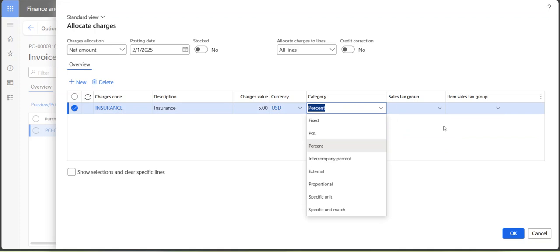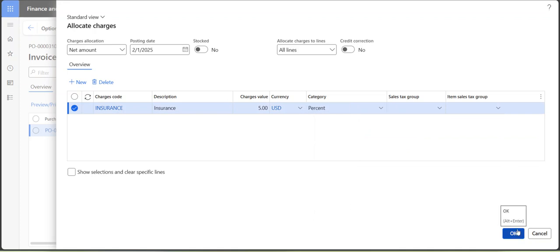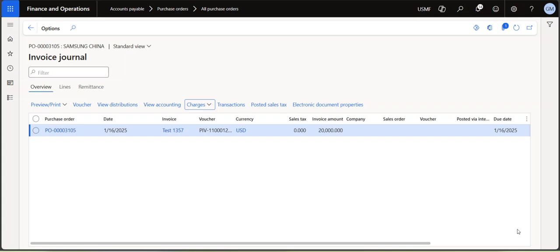Okay, and you will click on OK. So once you have clicked on OK, on the invoice amount it will calculate the 5%. Now you can see if I go to the voucher,